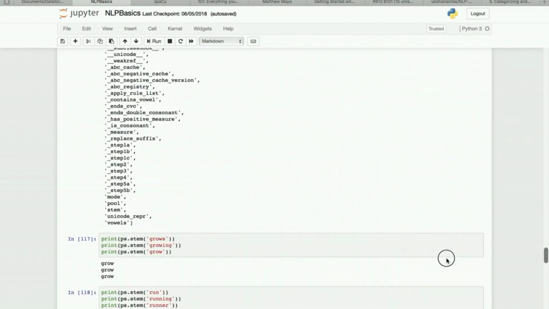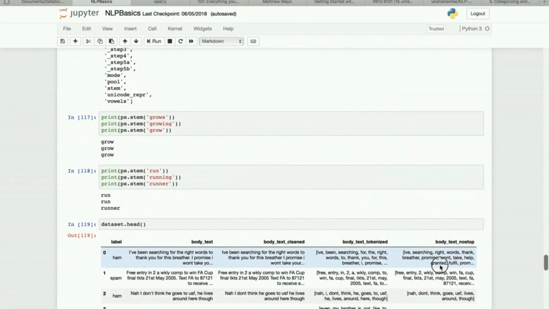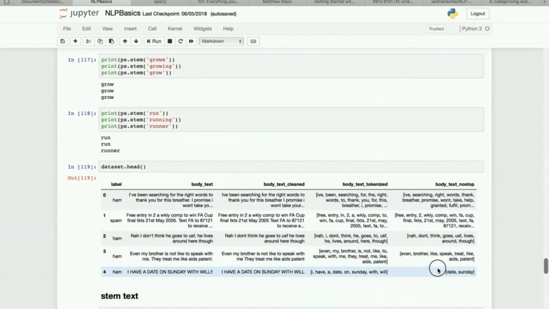What stemming does: I have given a simple example where I stem grows, growing, and grow. It finds the common string between all three, and if it is a noun it can separate it out, but it is quite tricky.